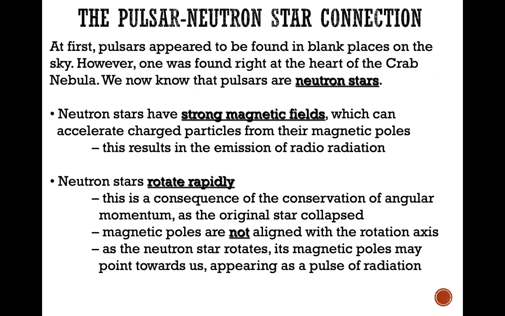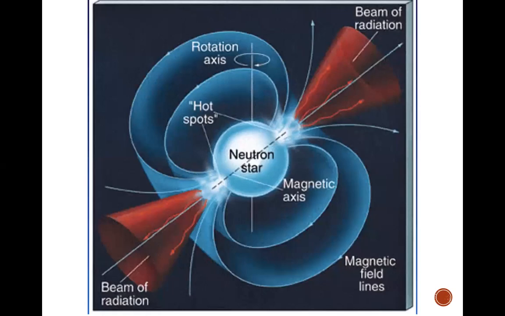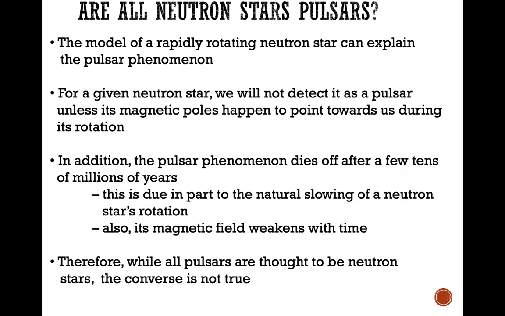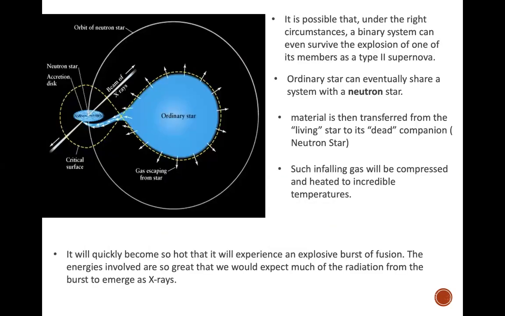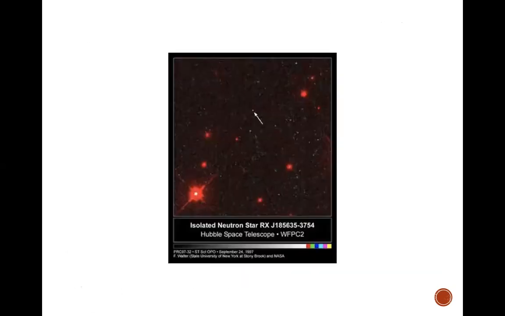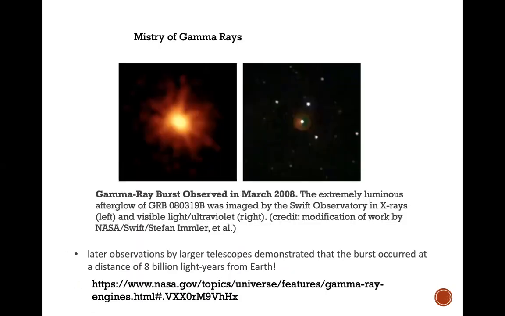We learned that all these pulsars are actually rotating neutron stars, but there are some neutron stars that may not be pulsars, right? So we talked about the formation of pulsars and their different properties, how they are created, those things. And we stopped right here,